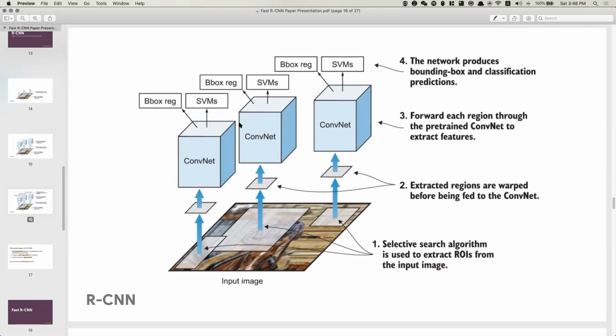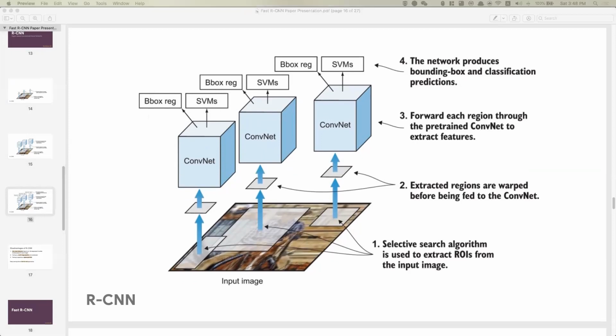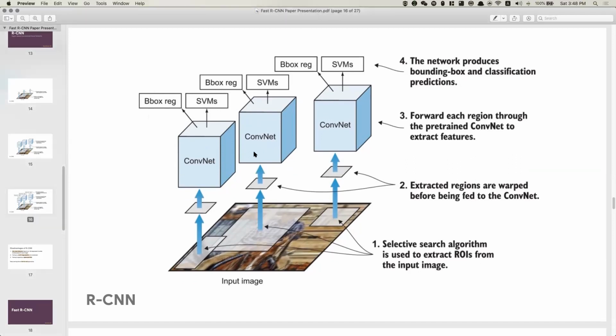So you get these features, you just classify them. So you perform both a classification task and a regression task. For the bounding box, it's a regression task because you're predicting numbers, right? So the optimization process kind of looks like this, where you have these two models to train, basically. So what you do for every image is